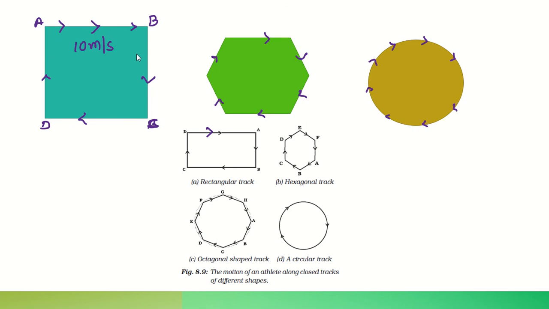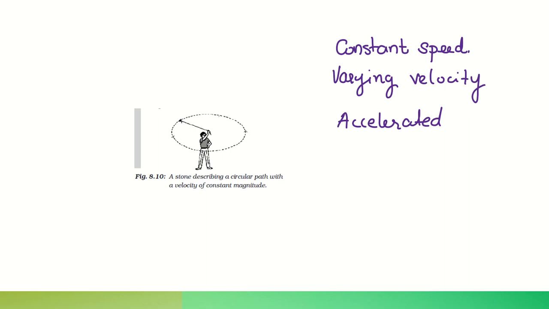But since the direction is changing, velocity is changing. The magnitude of velocity is going to be constant, but the direction will be changing. That is the important thing. When direction is changing, the physical quantity velocity, since it is a vector quantity, will change. Hope you are understanding. So, uniform circular motion means motion of an object in a circular path with constant speed